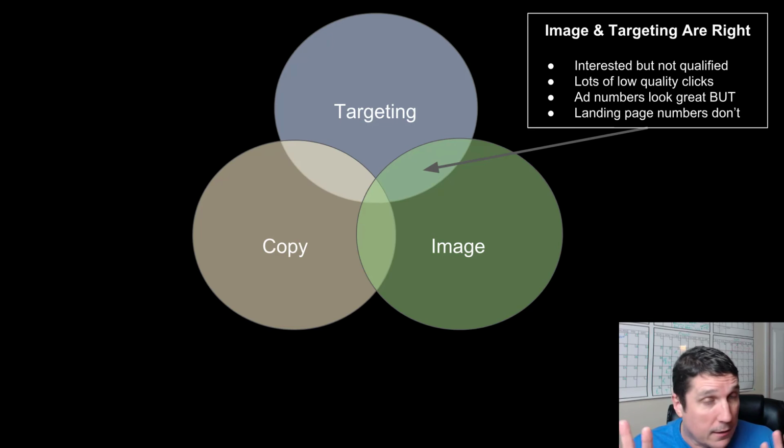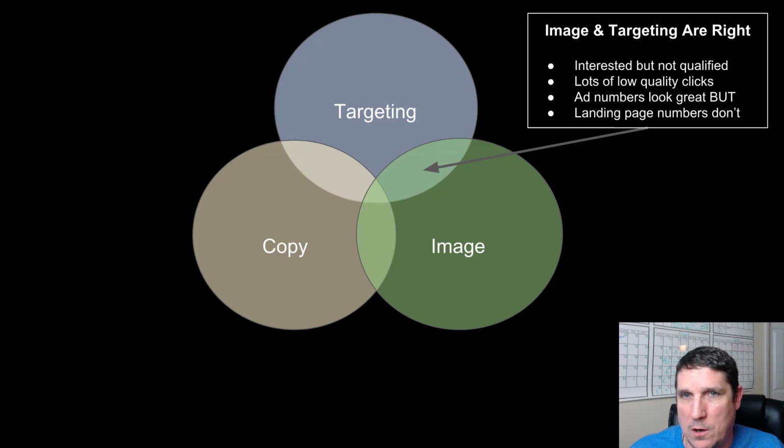You're getting a lot of clicks, but low conversions on the landing page. So you may go back in and say, okay, I'm going to have to change the landing page. I'm going to have to change the title, or people don't like this, or whatever it is. When all it is, you didn't write compelling copy in your ad to qualify or disqualify people before they clicked. Okay, so that's what that means.